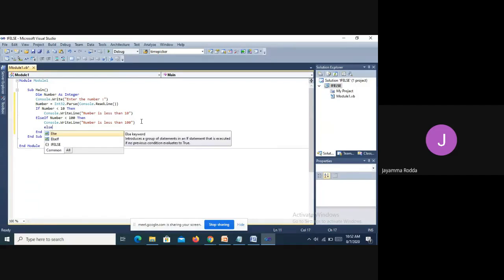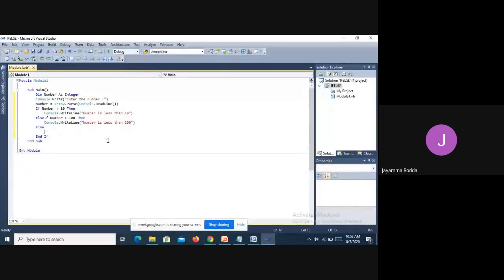See, I'm not following any measures like keeping E as caps and the remaining small. I just wrote it here, and automatically it changed the code. Else, Console.WriteLine, "Invalid number". Automatically, it is converting.